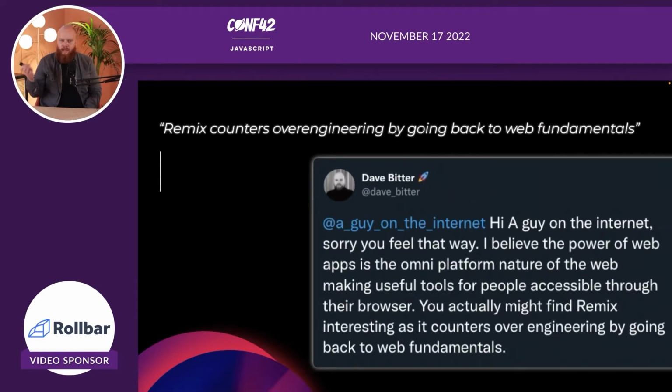So naturally, I reacted and told him, well, basically Remix is actually really good against over-engineering because it goes back to web fundamentals, right? It's leveraging what the browser already offers for you, and you can then use that to build your website for the platform you're actually developing on, the web.